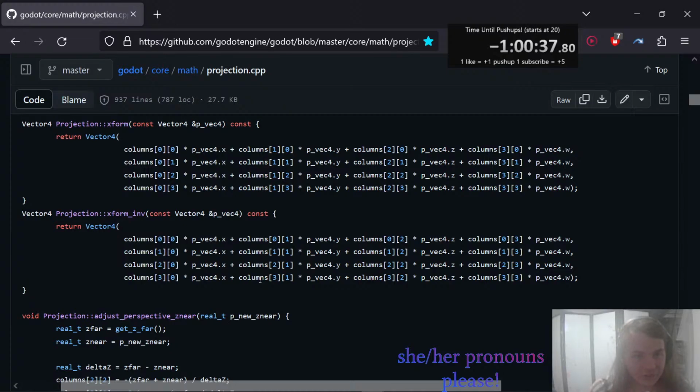I'll just start at columns[2][0] * p_vec4.x + columns[1][2] * p_vec4.y + columns[2][2] * p_vec4.z + columns[3][2] * p_vec4.w, columns[0][3] * p_vec4.x + columns[1][3] * p_vec4.y + columns[2][3] * p_vec4.z + columns[3][3] * p_vec4.w);}